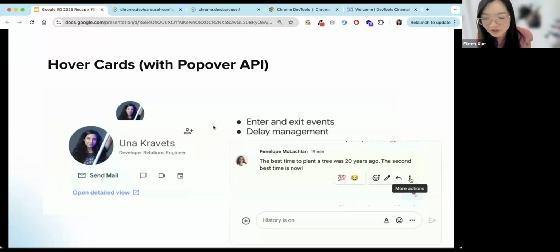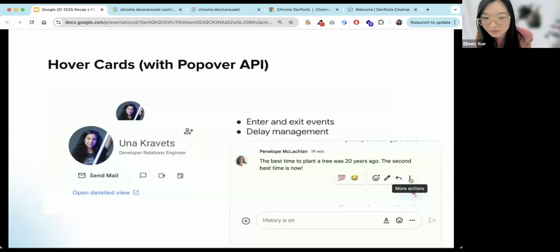So that's a hover card. But there's a lot of other use cases for this. For example, notifications. Some websites have a little notification bell. You click on it and then a little menu of notifications will show up. So similar to, not exactly a drop down, but it's like a popover, like an element on top of something.